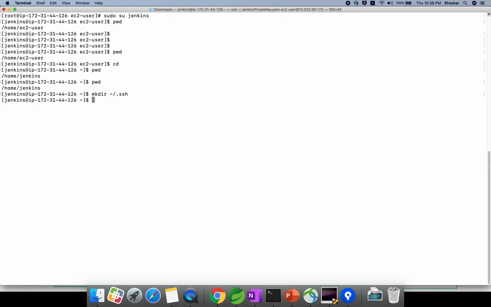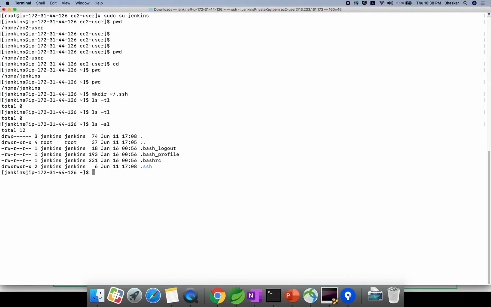If you want to check the permission, ls -tl, long listing, oh sorry, ls -tl. Why am I not able to see it? Okay, dot, right? If you want to see the hidden directories, you need to use ls -al. So if you see here, .ssh, but for .ssh you need to give proper permission.